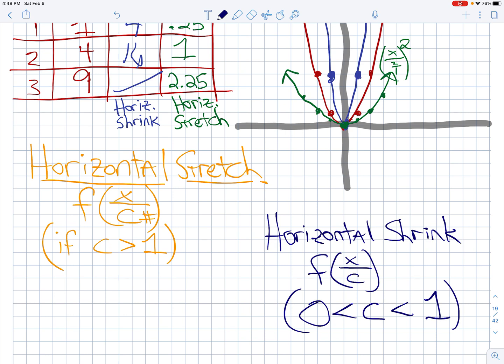All right, there's more to talk about with this, but this is the introduction to it. I believe there might be a vertical stretch or shrink in the homework today, which is part of the reason why I did this. But there's definitely more